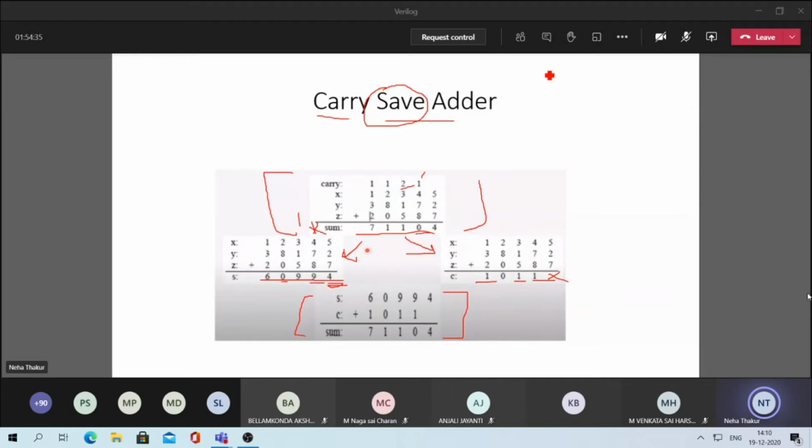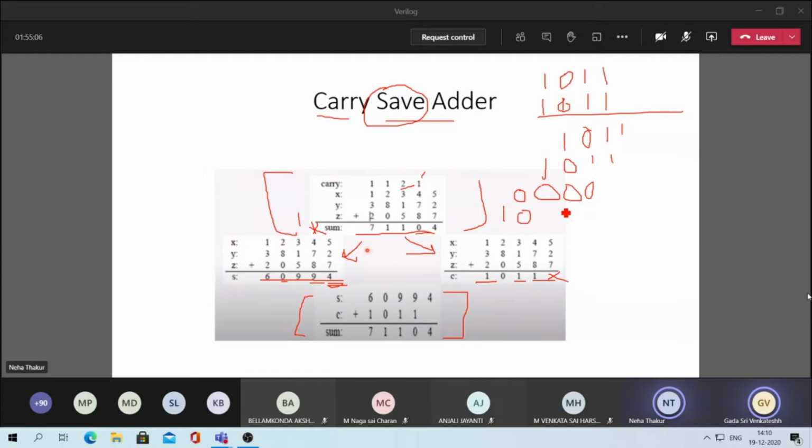See, how do you actually multiply two numbers? Suppose 1011 has to be multiplied by 111, or 11, let us say all ones. So how do you do the actual multiplication? 1 ones are 1, then 1, then 0, and then 1. Again you will get the same thing, 1 1 0 1. Let us say this is 0, so all zeros will come. And then again 1 0 1 1.